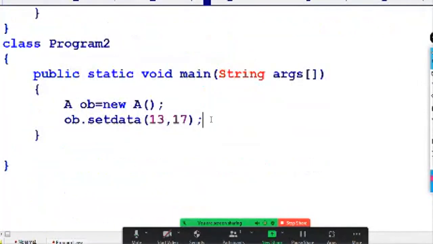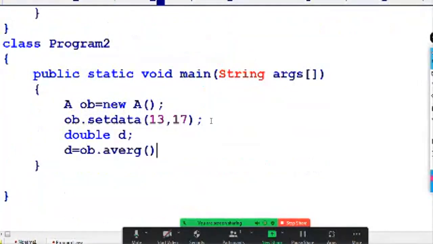After getting the data, I am declaring one variable, double d. In Java, we can declare variables anywhere we like, wherever we need. And d equals ob.avg, simply.